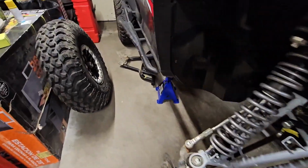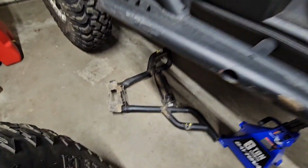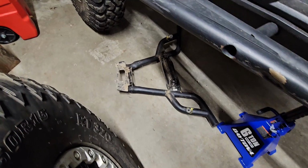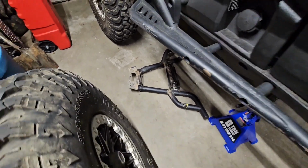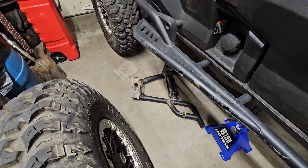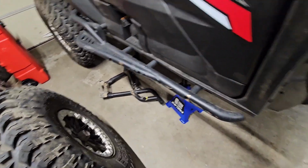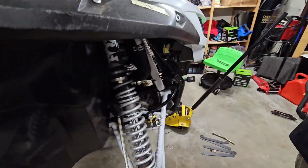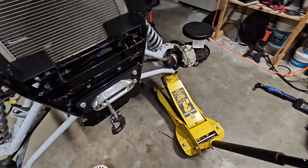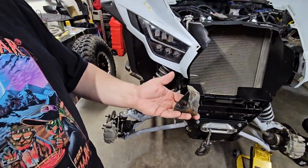This is still Super ATV. Hold on. That's a bumper that took all the impact? Yep. That's a Kawasaki, my factory bumper. The light survived, but the light cable got cut. And if you guys don't know, this is what your mounts look like when they